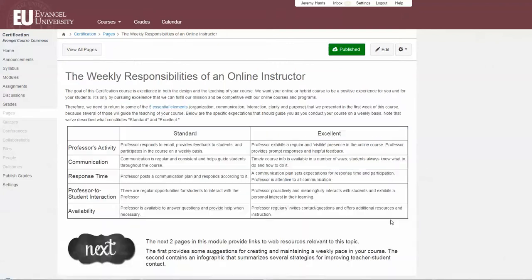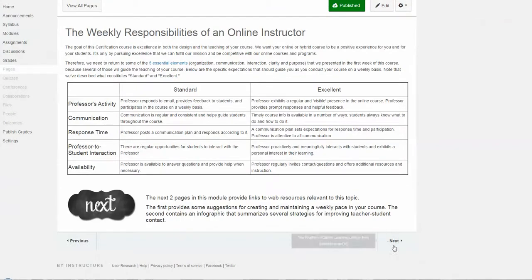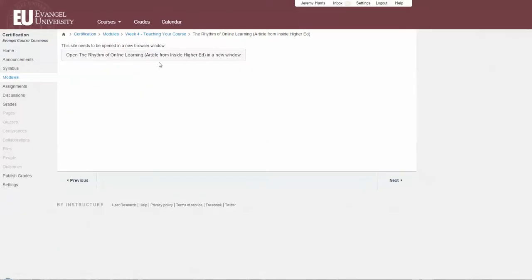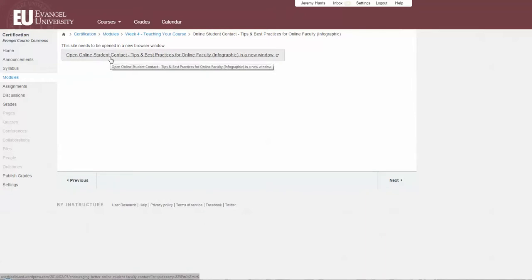All right, so how to prepare to teach. We're going to look at some of the standards that we have set up here at Evangel for teaching online: the professor's activity, communication, response time, your interaction, and your availability. The next 2 pages go through all of this, and you can read through. Now here's a nice article for you to read, the rhythm of online learning, and then also online student contact tips and best practices. So read these 2 articles, and this will help you figure out how much should I interact